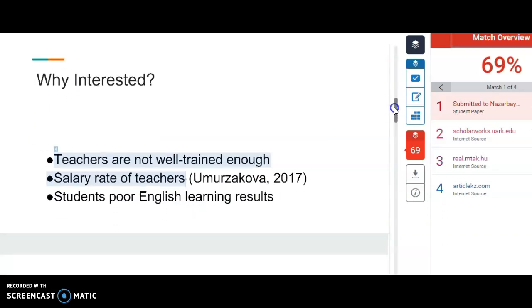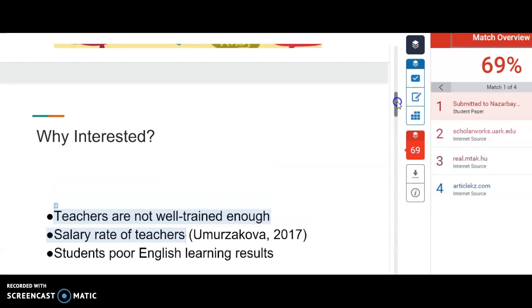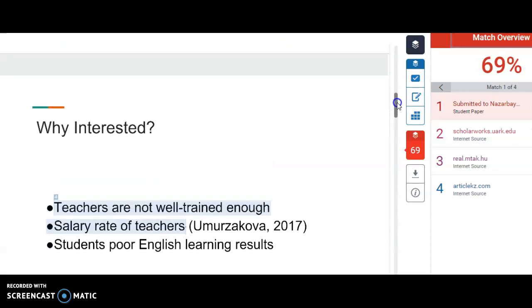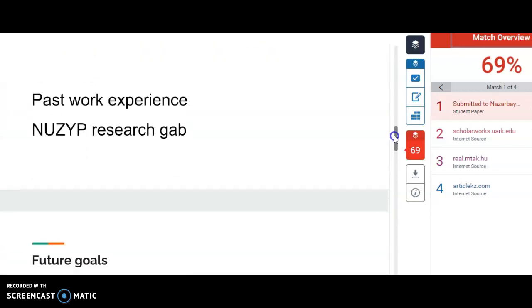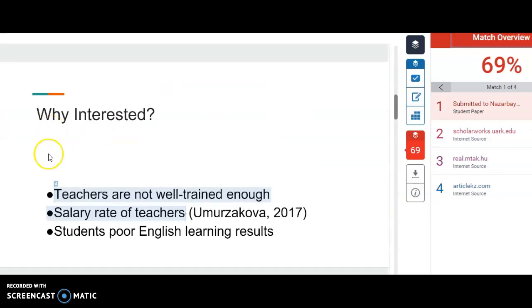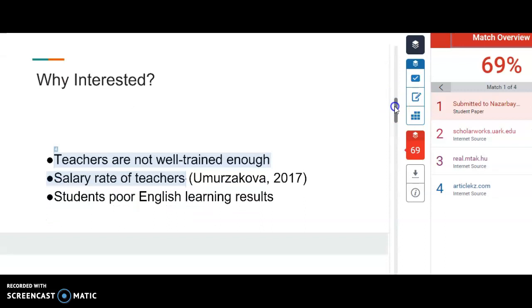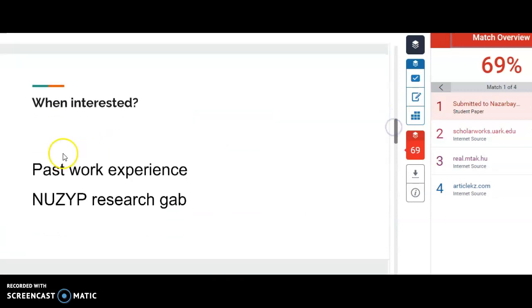Here, I would just say research goals or research interests. Maybe there's why interested. That's fine. That's good. The issue is very important. That's very nice. But here is just a little bit